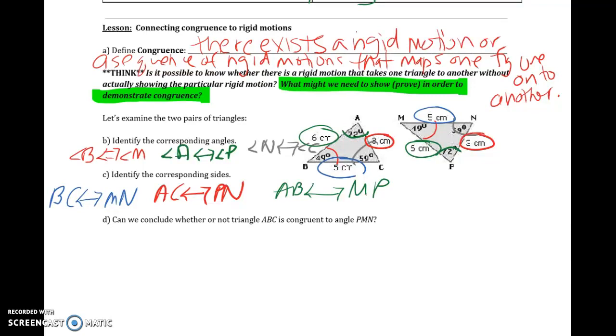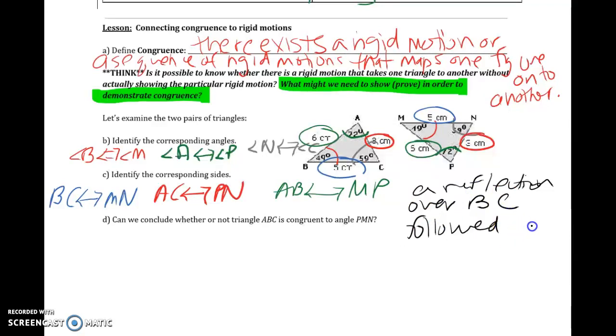We can also identify a rigid motion that would map one of these triangles onto the other. So I could say a reflection over BC followed by a translation from C to N. Okay, and again, I could pick any other pair of corresponding angles to list in my vector,